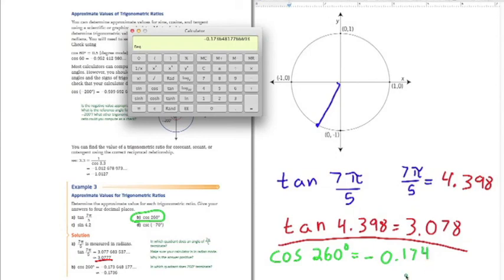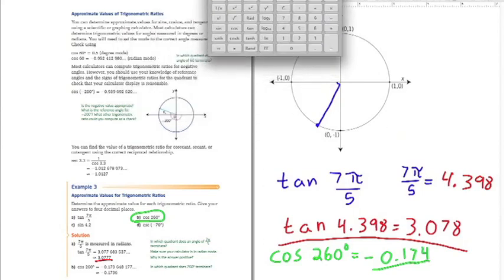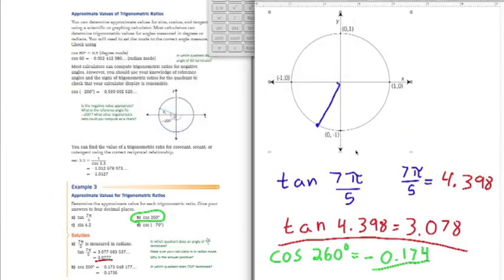0.174. Okay? So this again is an inexact value. These are all the decimal formats. Those are inexact values. So the last thing we need to do here, before we move on to our homework and activities for the day, is to look at, if I give you negative 0.174 or 3.078, how do you work back